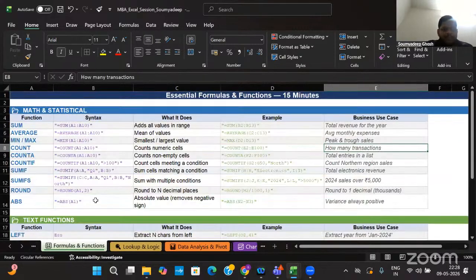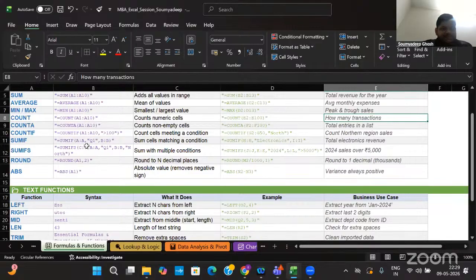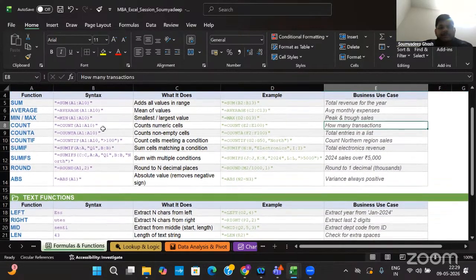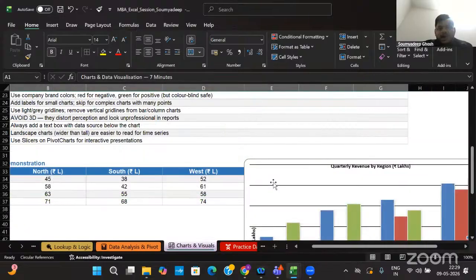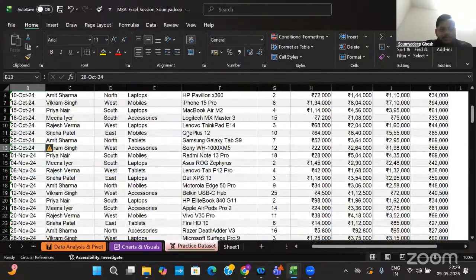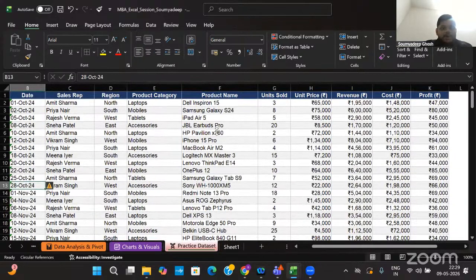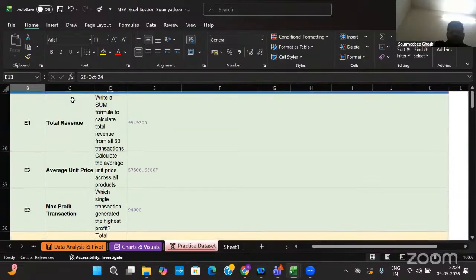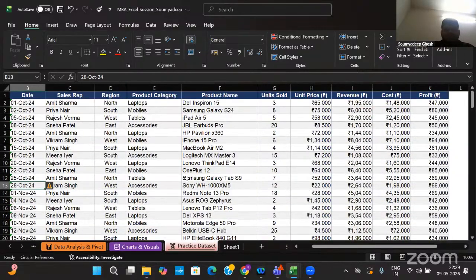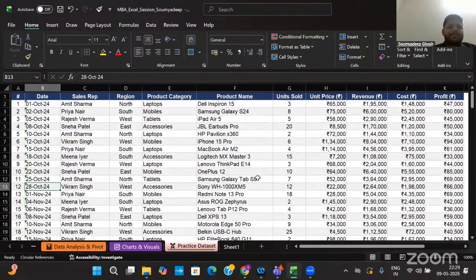Okay, I think we have seen some basic formulas. Similarly, if you want to see the count of maybe sales reps who are selling mobiles, in that case, we need to do a counting operation. Here we have done an operation called SUMIF. Now we can do a counting operation to do the same. Okay.